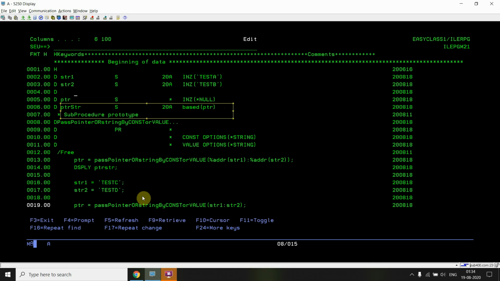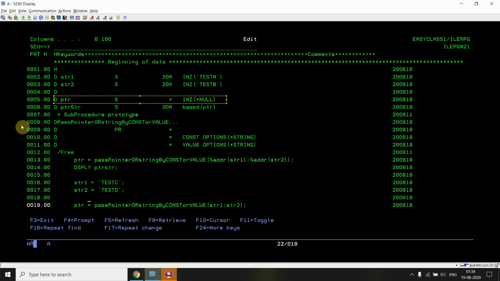So we can define a basing pointer in RPGLE, which means we define a pointer variable like this, and it will hold the address.